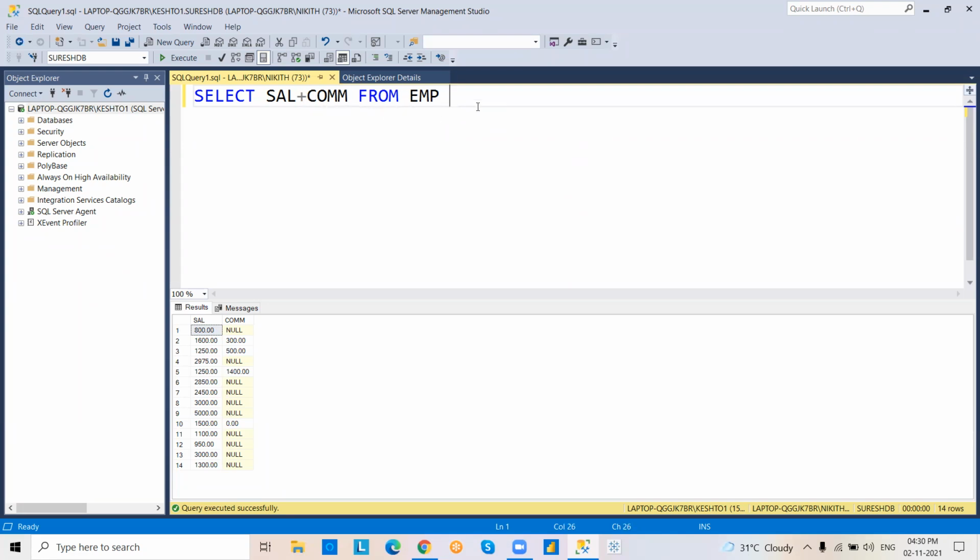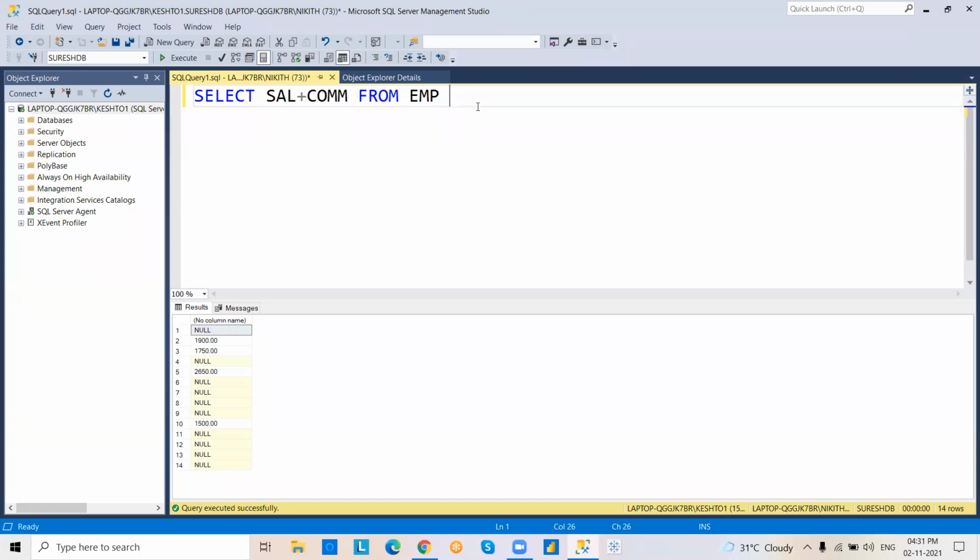So now when I'm going for salary plus commission, it is giving null values. Please check it. Why? Because we are working with null value.